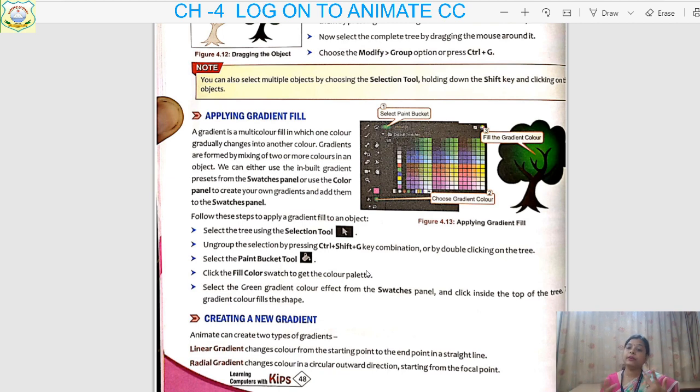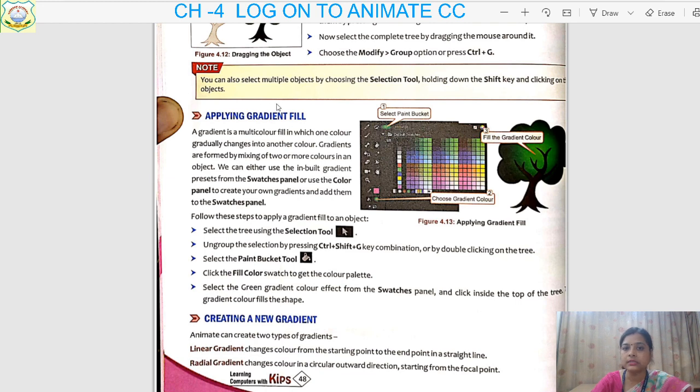But if we have to apply colors in mixing form, with two or more colors, then we will go for the gradient option. It has two types: one is linear and one is radial. One by one we will learn how to color any object with a mixture of two or more colors. Clear?